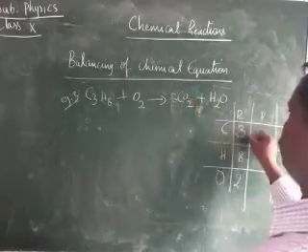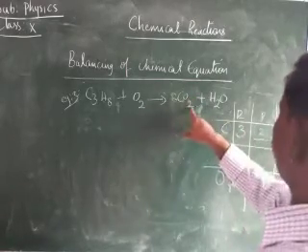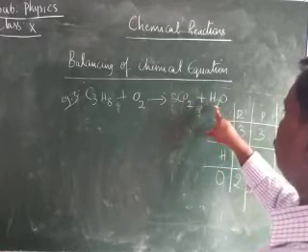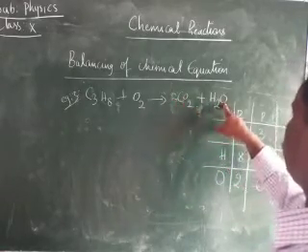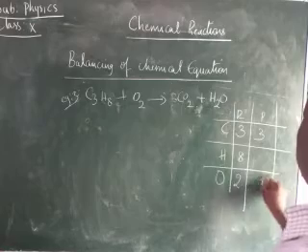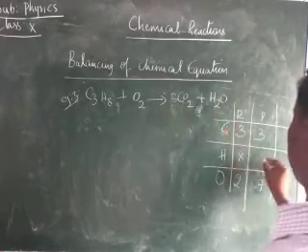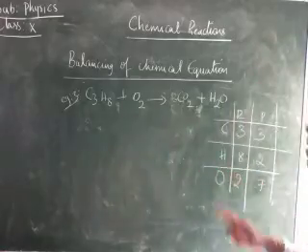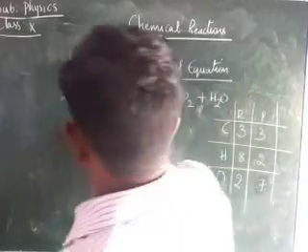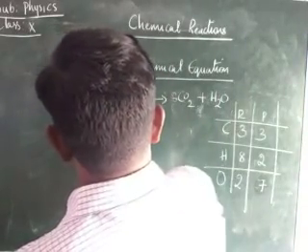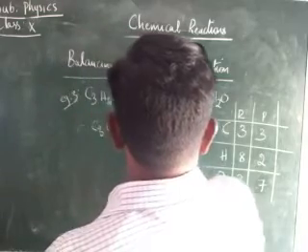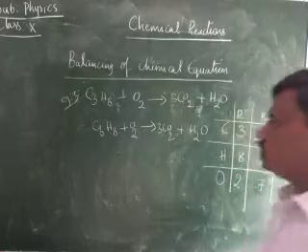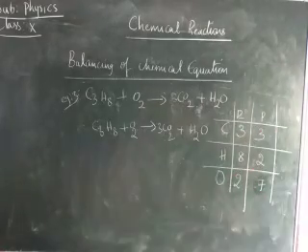In the product side, how many carbons are there? 3. Yes. Oxygen how many are there? 3 into 2, oxygen 6, and here oxygen 6 plus 1, 7 are there. And here how many hydrogens are there? 2 are there. Okay children. Therefore I should balance the chemical equation. Therefore here C3H8 plus O2 gives rise to 3CO2 plus H2O. Okay children.